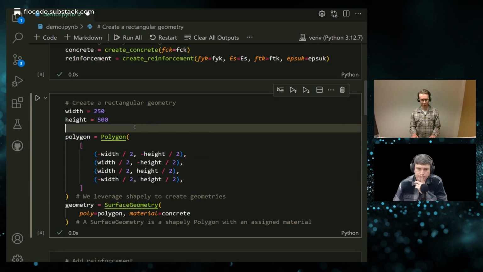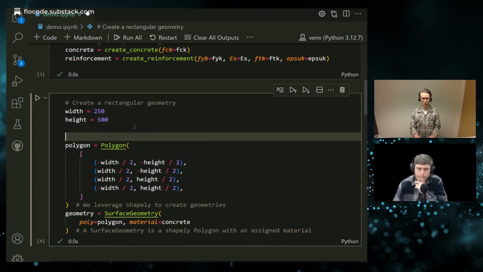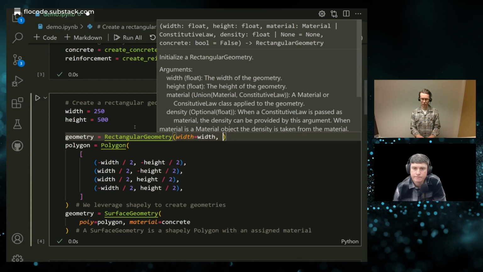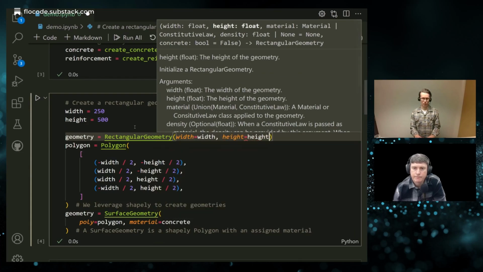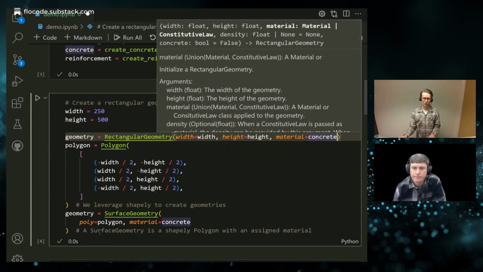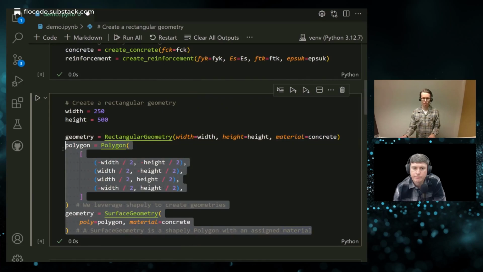So instead, we could do geometry equals a rectangular geometry. So create an instance of the rectangular geometry class. Here we simply specify a width and the height and the material. So let's now see what happens if we do that.